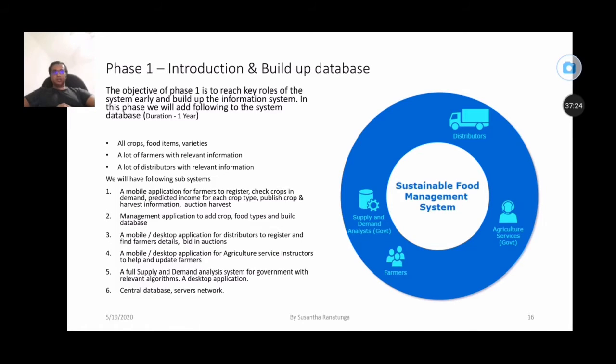In this phase, we will introduce farmers, distributors, agriculture services like agriculture instructors, and the supply and demand analysis, the government institute. So these are the key roles of this to build up the system database. So when we start the system,